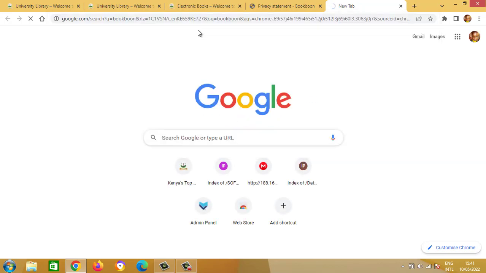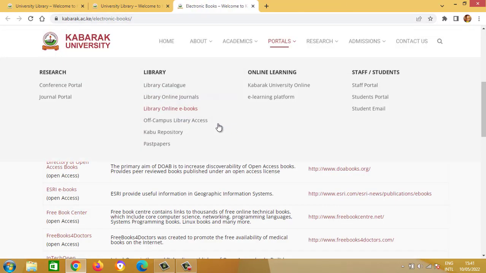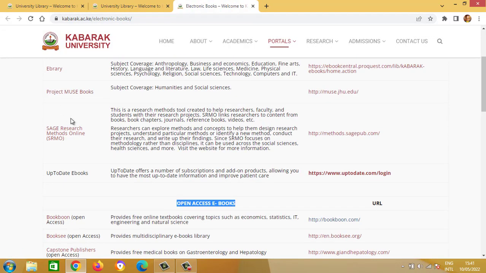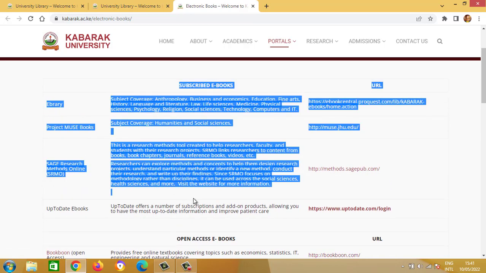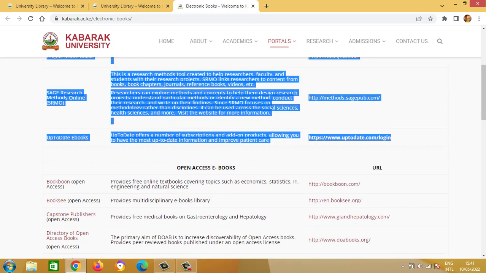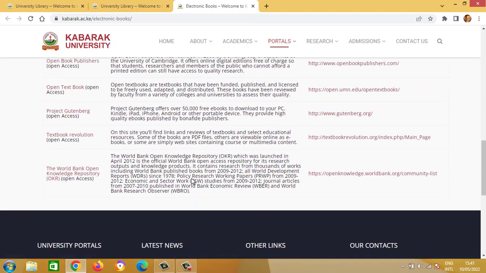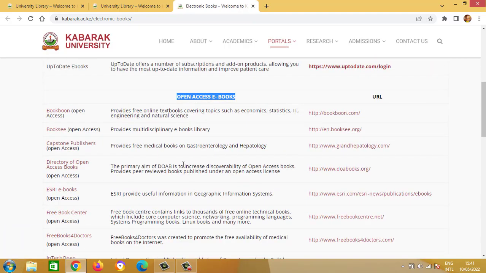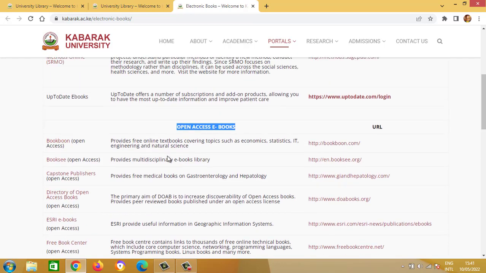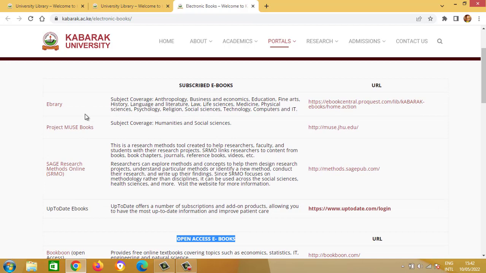So this one does not require any kind of procedure. We just put it there so that if you feel like you have not gotten what you are looking for through what we call the premium databases, you can also run your search through the available open access platforms. So I'm not going to look at the open access platforms. I'm just going to maybe highlight what is available in the most preferred